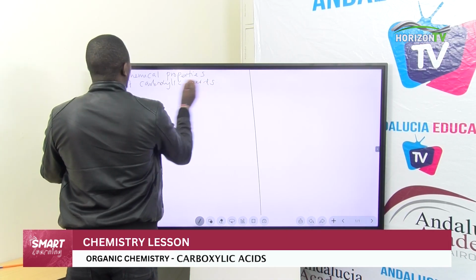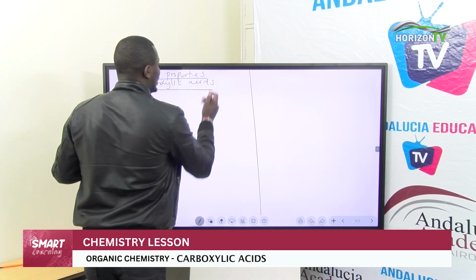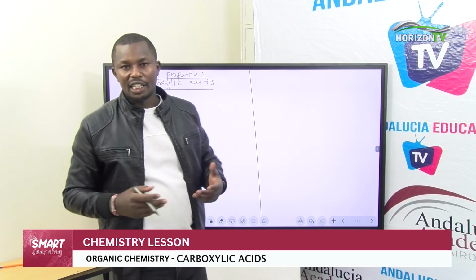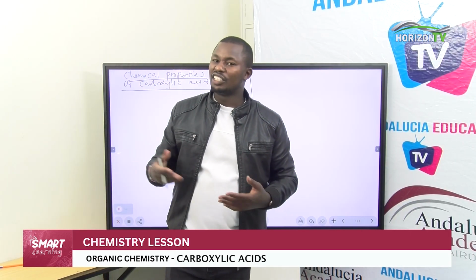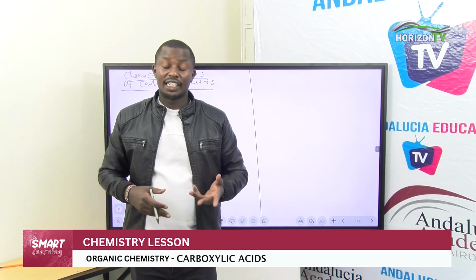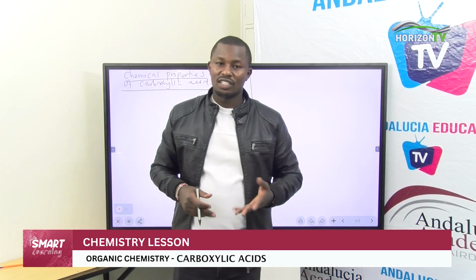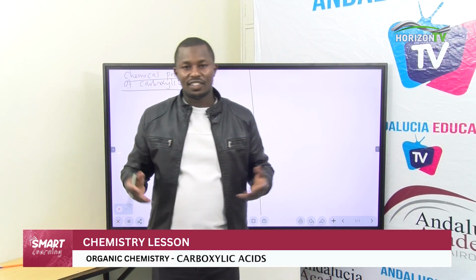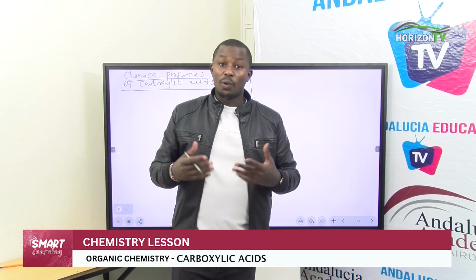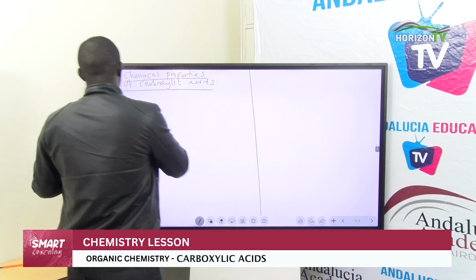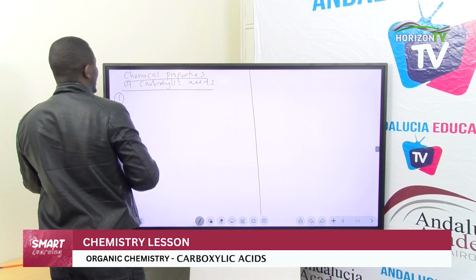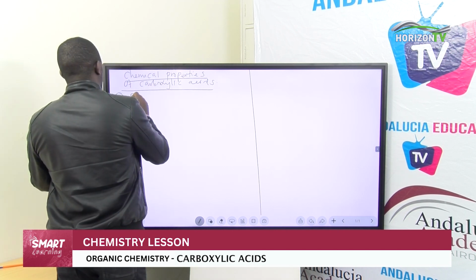Chemical properties of carboxylic acids. And carboxylic acids, by the way, typically behave like any other acid, like nitric acid, like sulfuric acid, like hydrochloric acid. The only difference is that they are weak acids. So we shall say the first chemical property is the reaction